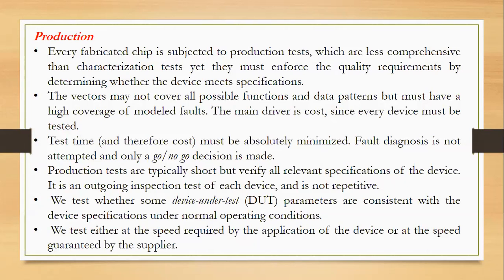So for example, if you have one device, a microprocessor or microcontroller device, it will be compared from the previous developed product to the new product, comparing the specifications and the quality of its performance, right? So that is the first production point we will be discussing: the characterization, quality requirements, and determining with respect to their specifications.